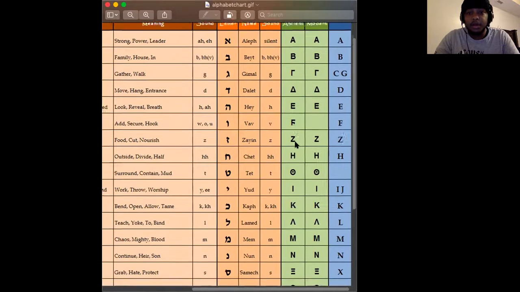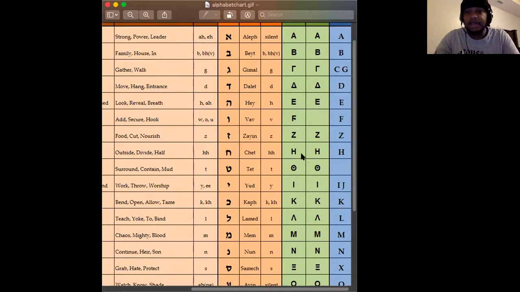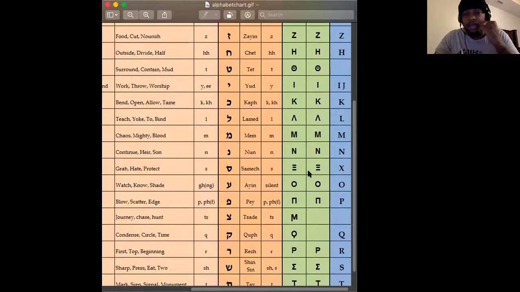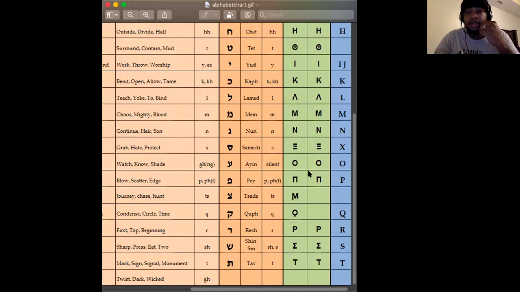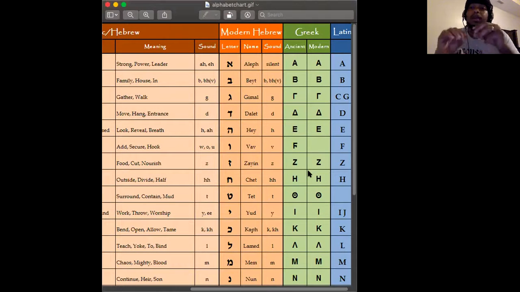Come on. We put our Het right after that. They put their H right after that. We put our Tet right after that. They put their Theta right after that. You see that? So once again, you can't get around it that the Hebrew not only predates the ancient